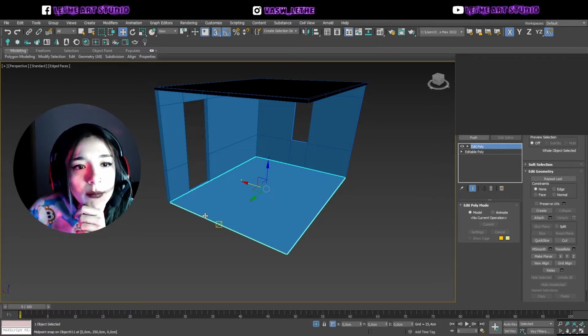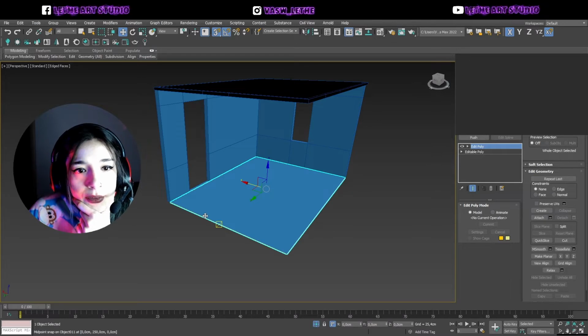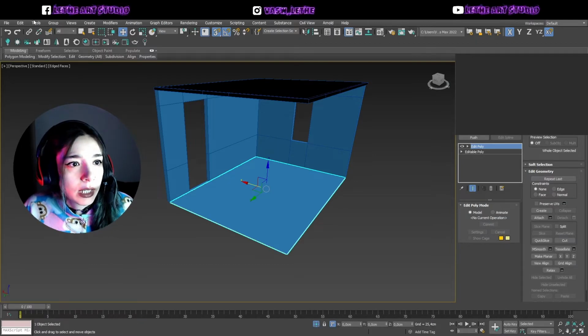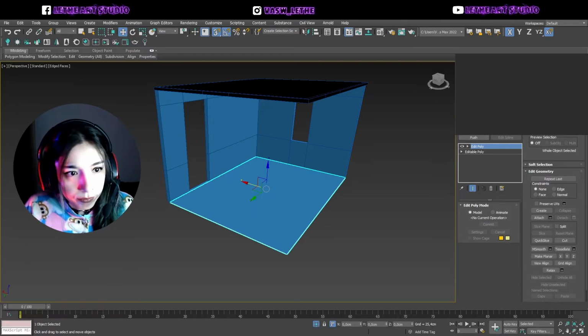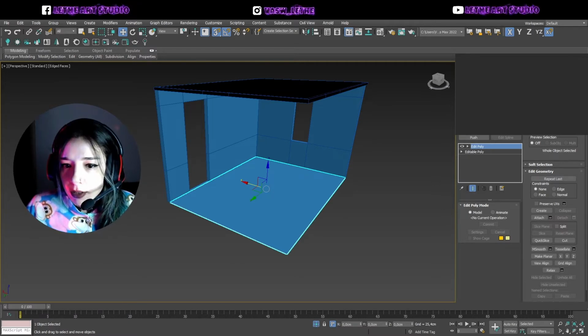Copy the DLM file to the plugins folder located in the root folder. What am I using? 2022. Let's hope it will not ask for